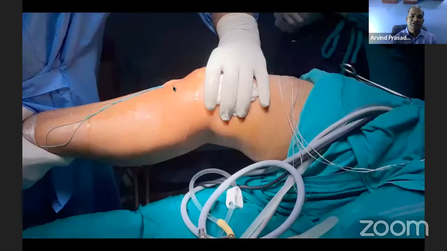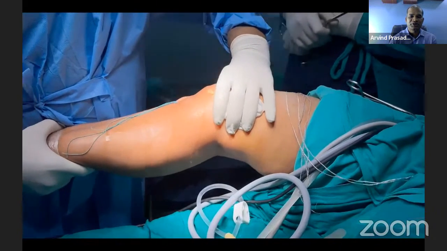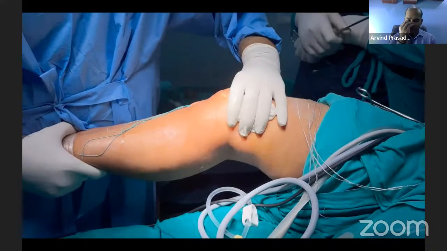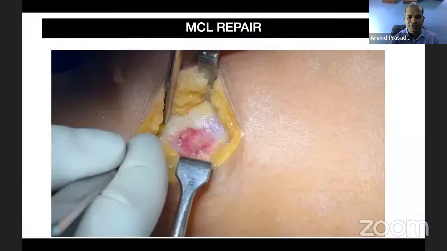So this is after the reconstruction of the ACL. Still, you can see the significant opening on the medial side, and that was confirmed arthroscopically also. Even after reconstruction of the ACL, there was an opening of almost a centimeter. So in this case, so this was,